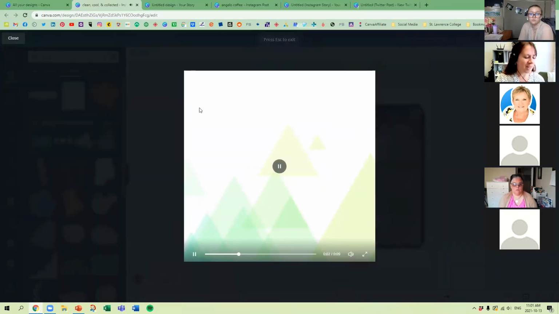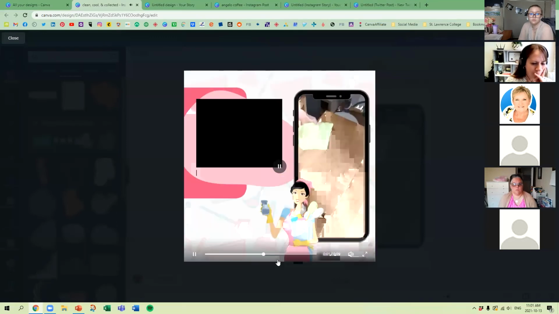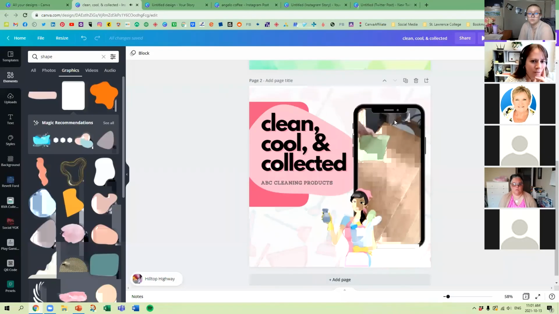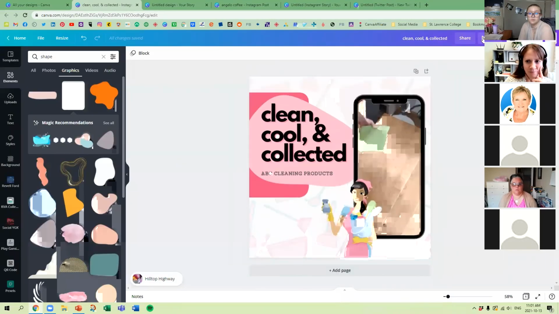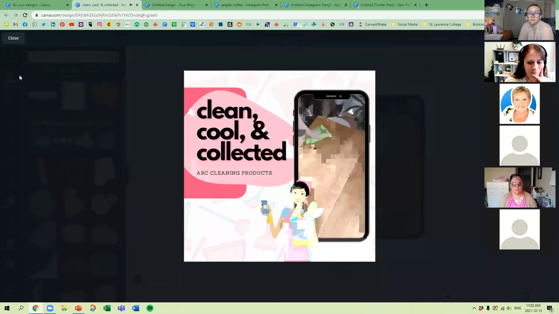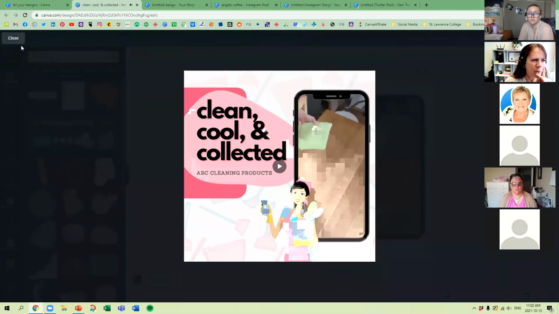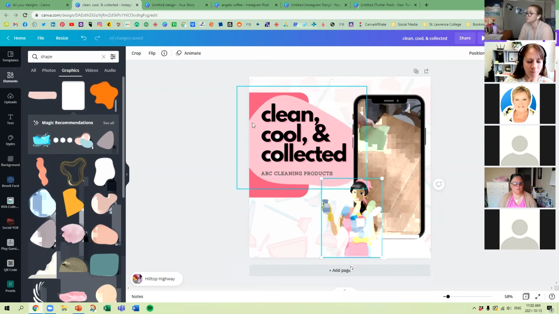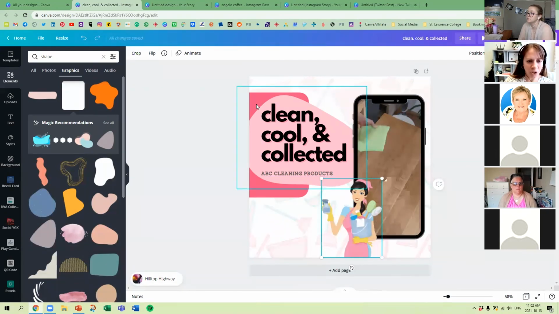Oh, I have to explain this too. There we go. So you might want to have it a little bit longer, but again, very simple like that. We've added in a frame, we've added a background, a video, we've got a little graphic here. We've added some simple texture with shapes. We've added